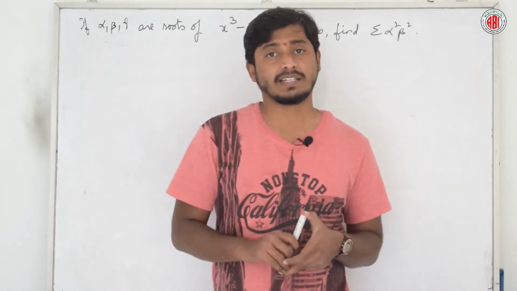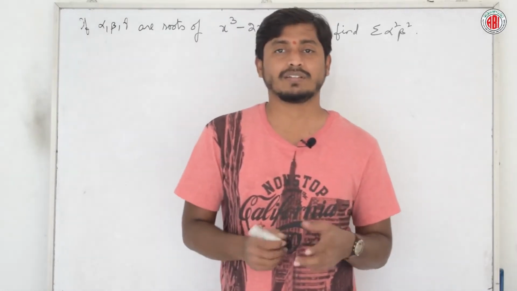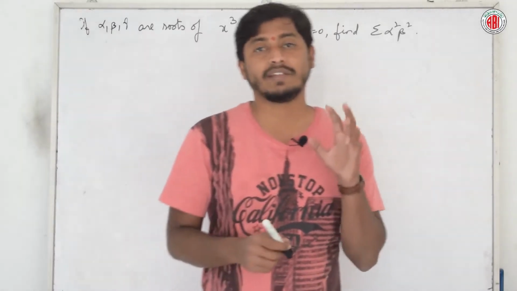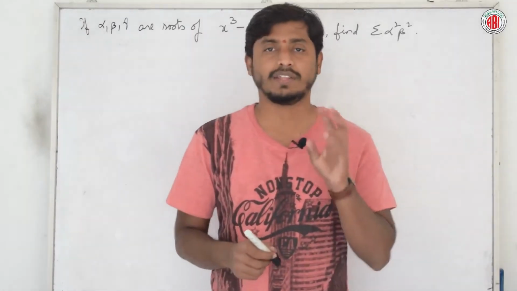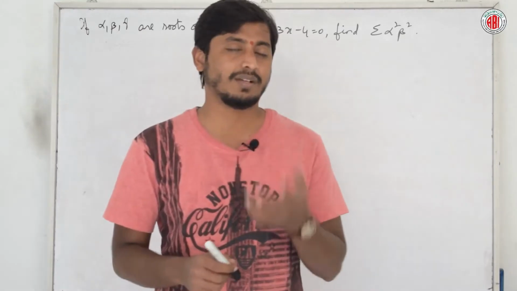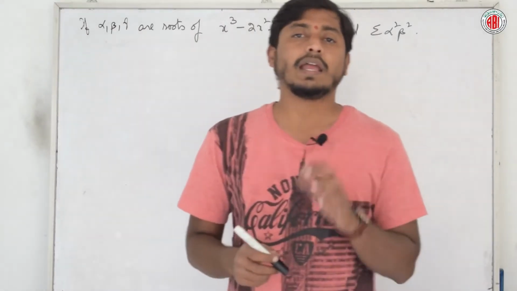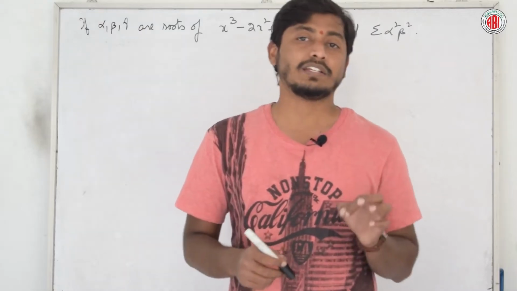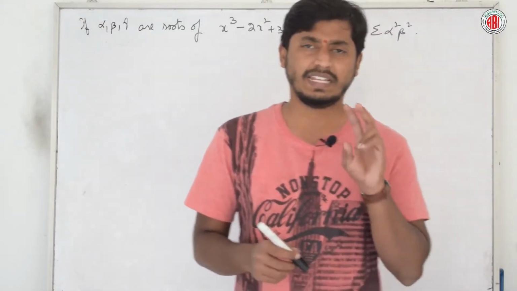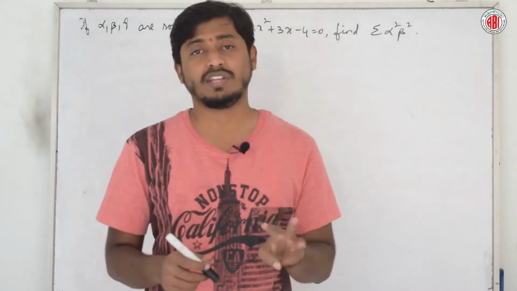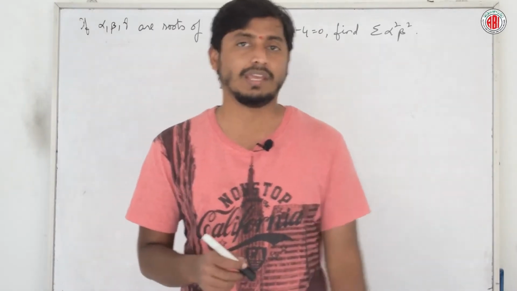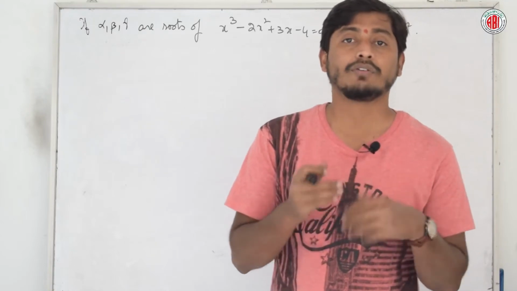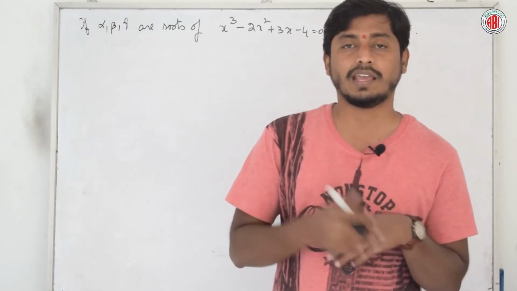We started a discussion with the chapter Theory of Equations. What did we learn? We learned how to solve a given general equation, whether it is 2 variable or 3 variable. We also learned S1, S2 and S3, which give simple relationships between the roots, whether it is 2 roots or 3 roots or more than that. With the continuation of that, let us learn how to solve a given equation at a higher level.